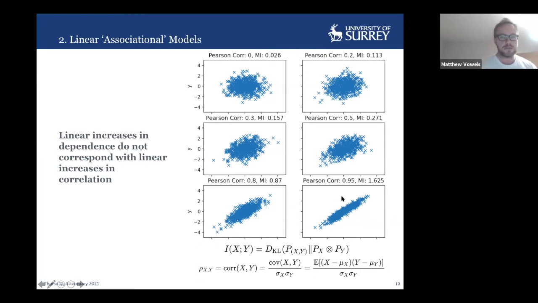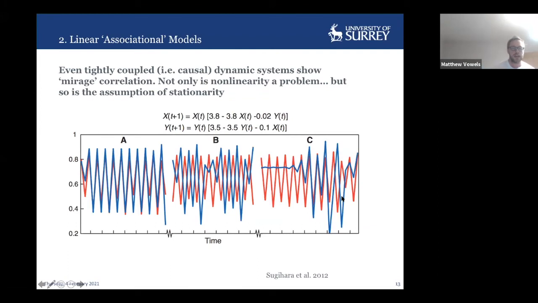So it's worth considering. And the other issue is that there's this thing called mirage correlations. I think Sugihara refers to them as mirage correlations. A lot of the systems that we're looking at in the world are dynamic to some extent. There's some coupling that occurs between variables. And what this means is that you can measure the correlation in 1 year or 1 day or whatever the time frame is. And if you look at it the day after, it may have disappeared or it may have